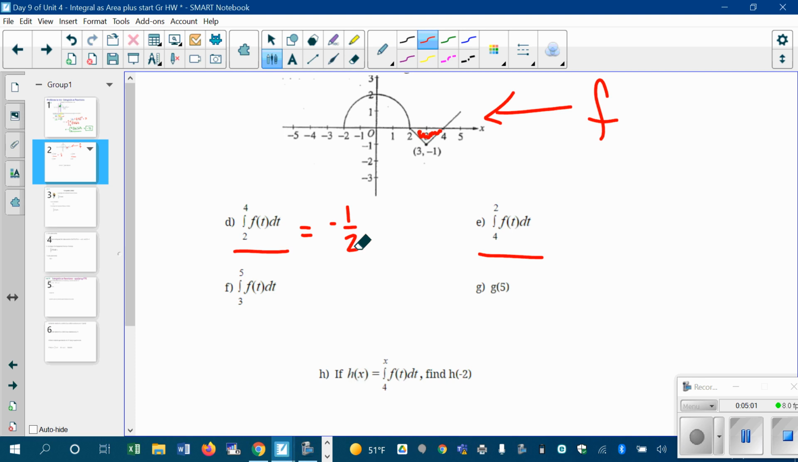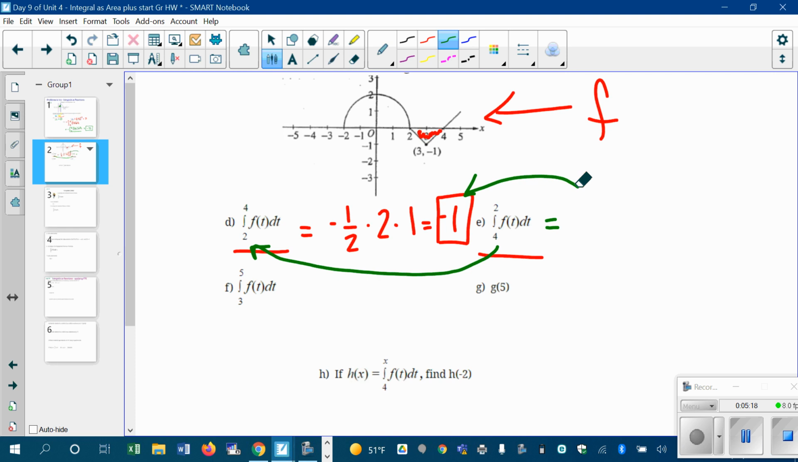So negative, and then 1/2 base times height, so -1. And then in the next problem, I'm going to observe that the only difference is that the bounds were reversed as compared to the previous question. So this has to come out to just be the opposite of -1